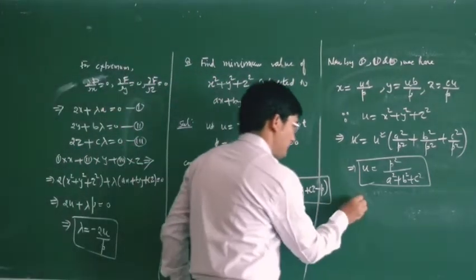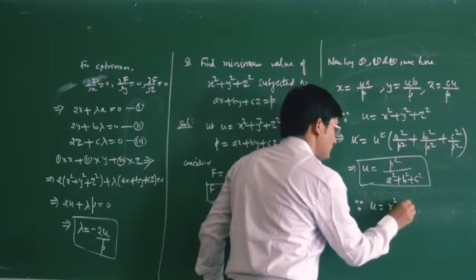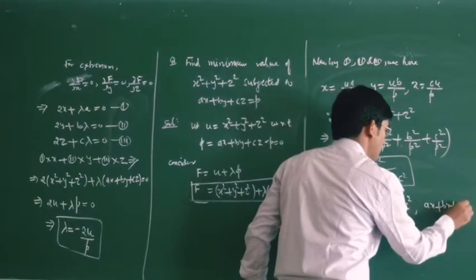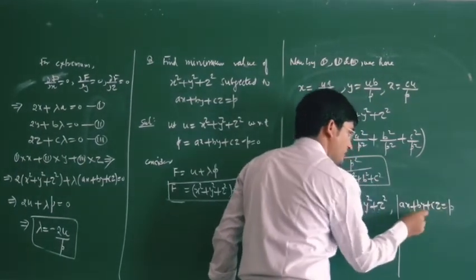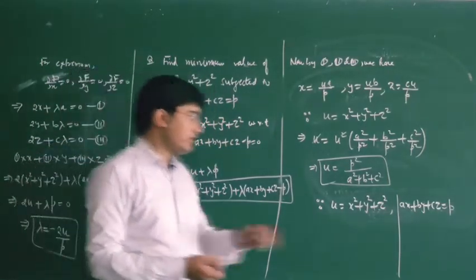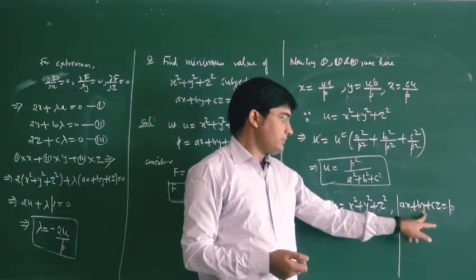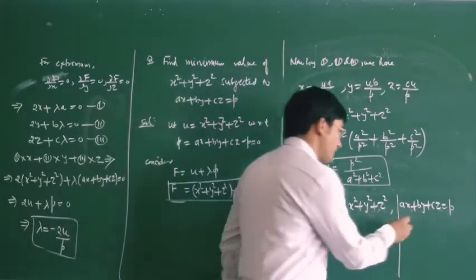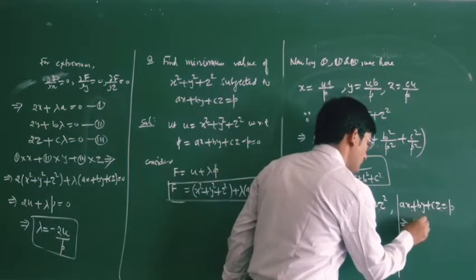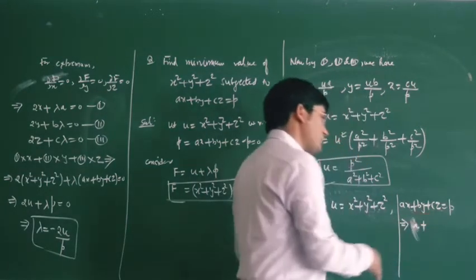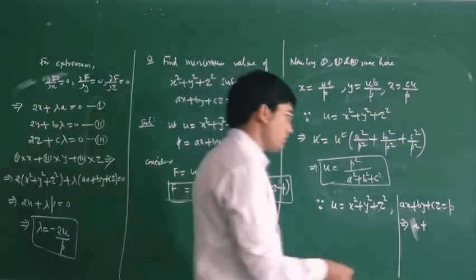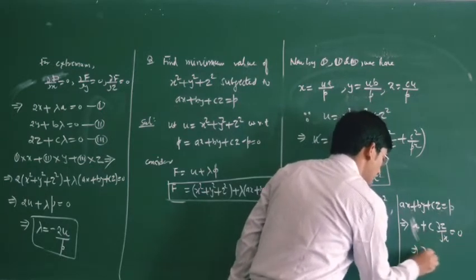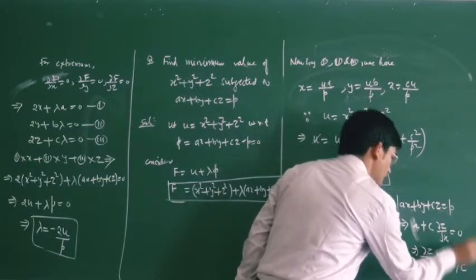So because u equals x square plus y square plus z square, and ax plus by plus cz equal to p. If we differentiate this equation, here you can see that if ax plus by plus cz equal to p, then we can say that our z is a function of x and y. So if we differentiate this function with respect to x, then we will get a. Now the differentiation of y with respect to x will be 0, then we will have c del z upon del x equal to 0. So from here we will have the value of del z upon del x as minus a upon c.